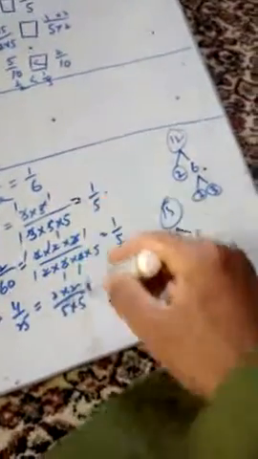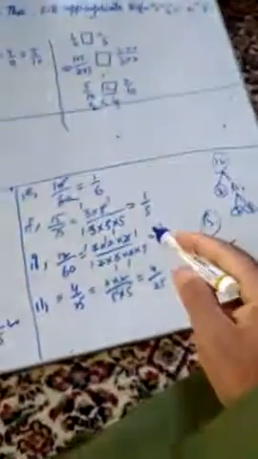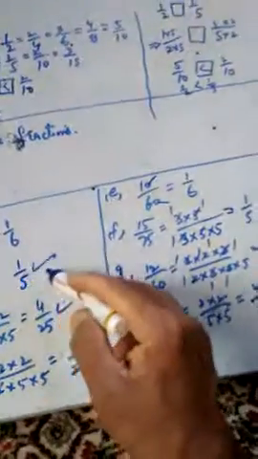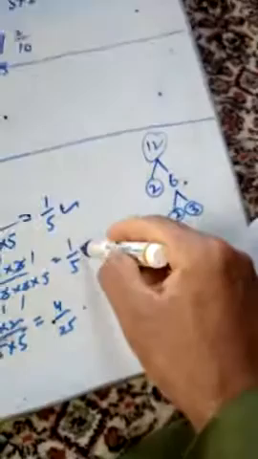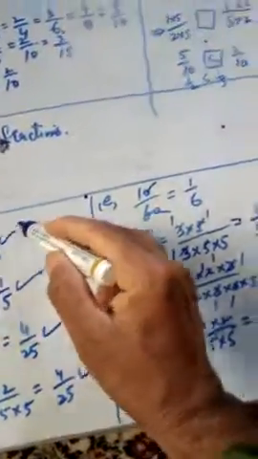So you can follow this method for all the parts. Then you will see which are the equivalent fractions, like this 1 by 5. It is also here 1 by 5. That means these, both 1 by 5, will belong to the same group. Similarly 1 by 6, here it is 1 by 6, and by solving the other parts, there may be any other fraction which will be equivalent to this.